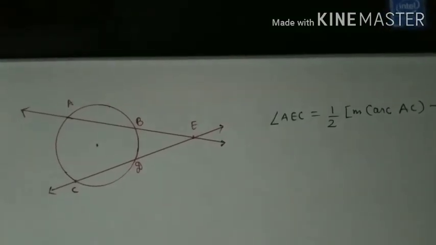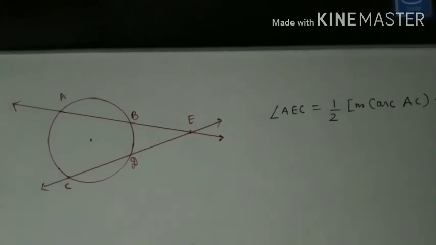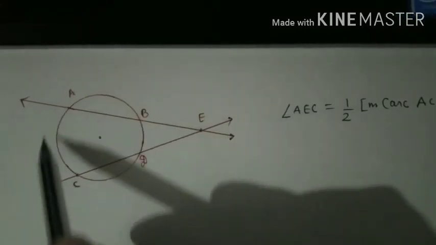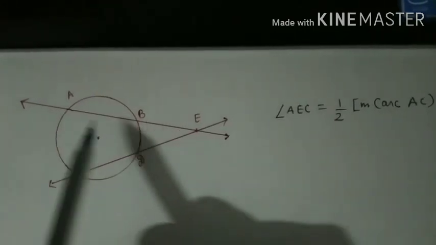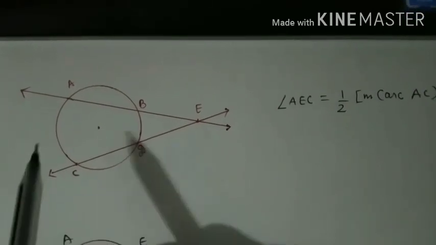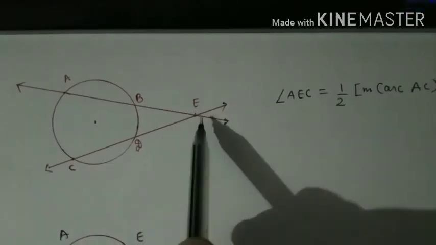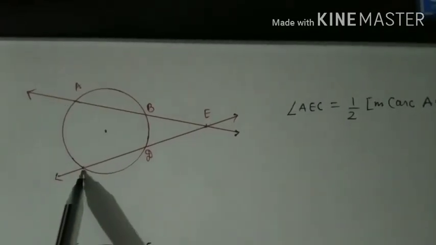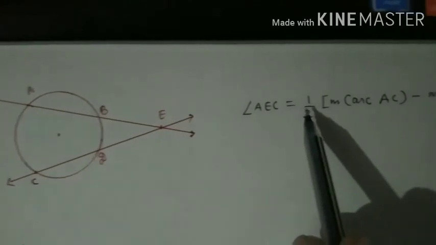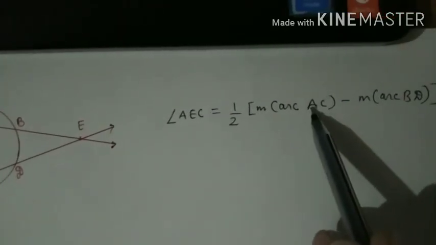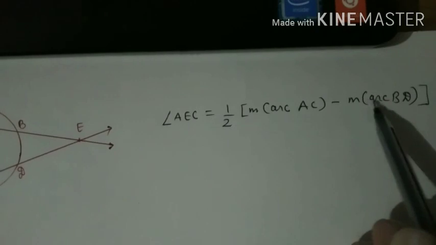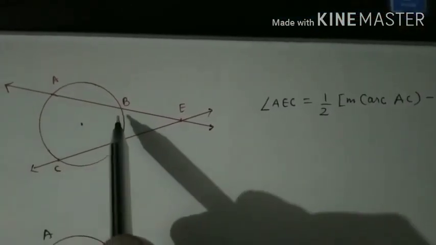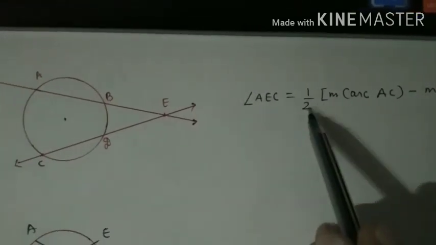Now students, there is a technical issue in the PowerPoint presentation, so I am explaining here. You can see there is a circle with center and there are two chords, that is AB and CD, which intersect outside the circle. So now if you want to find angle AEC, angle AEC will be exactly half of major arc AC minus major arc BD. Now AC and BD will be given. So whatever is the measure, subtract that and make it half.